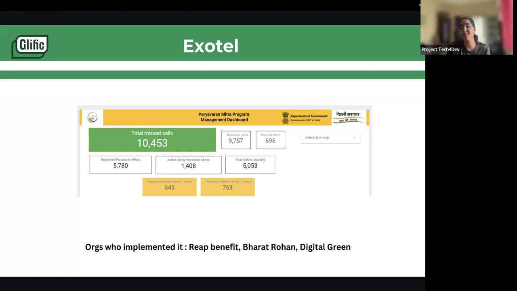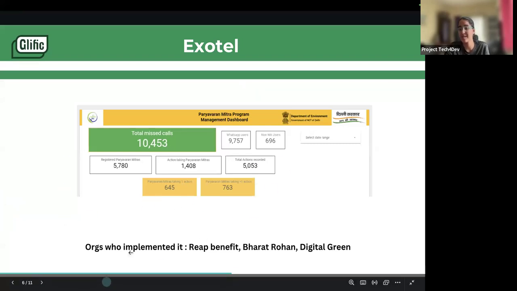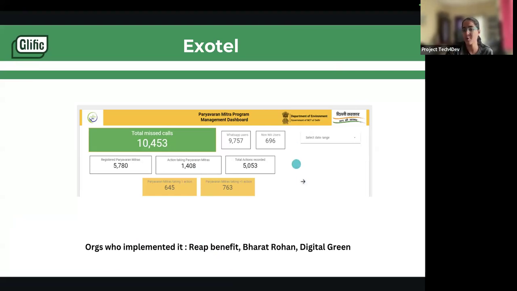This would be super effective if you have very large scale programs, or are collaborating with government or big partners, where you are reaching so many people. Instead of giving a lot of steps, you say, hey, give a missed call to this number and you can get things done. This dashboard that you see is by Reap Benefit when they were in collaboration with the Delhi Sarkar on the Paryavaran Mitra program.